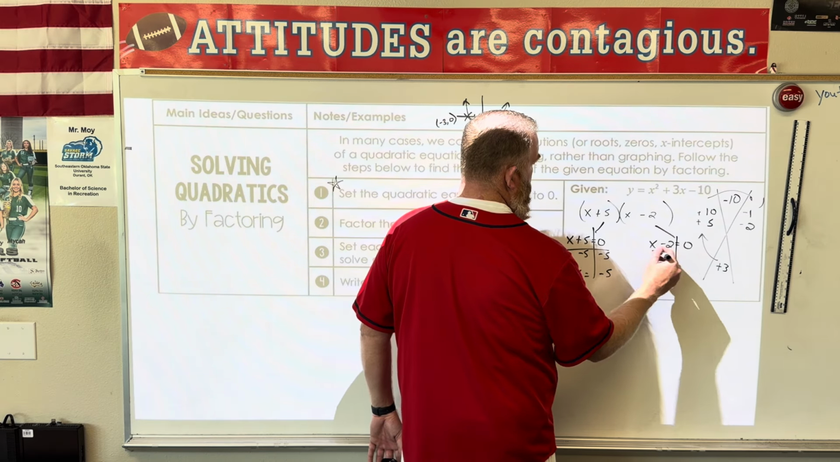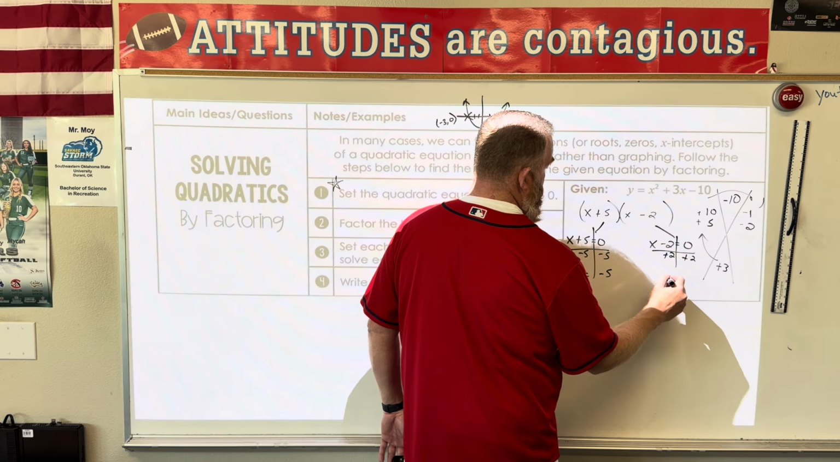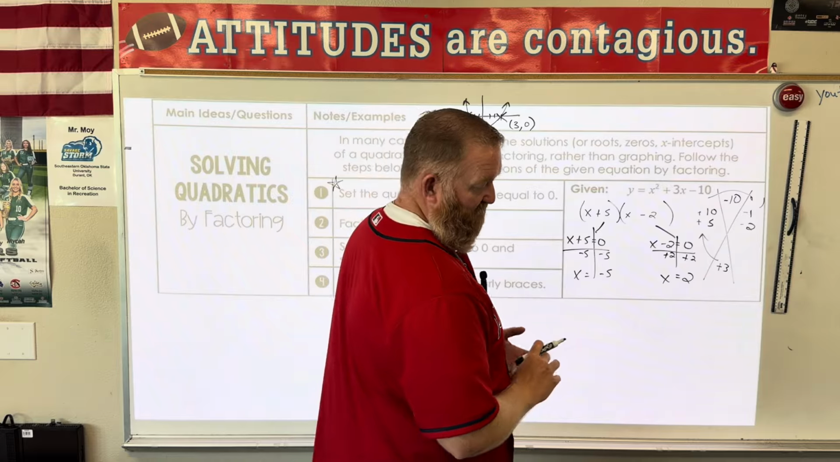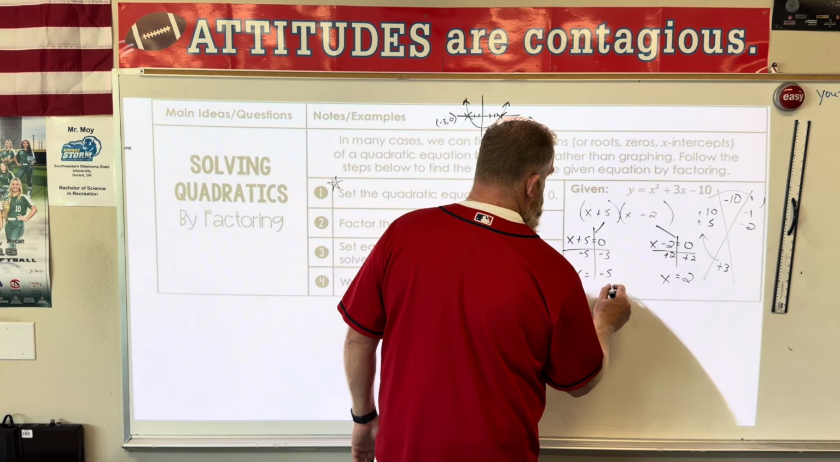And then we do the other one. Positive 2, so we're going to add 2 to both sides. What's 0 plus 2? X equals 2. Okay, so here's your little magical braces, by the way. If they want you to write it out, here's what it looks like. X equals